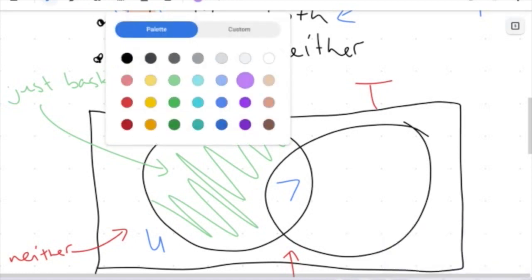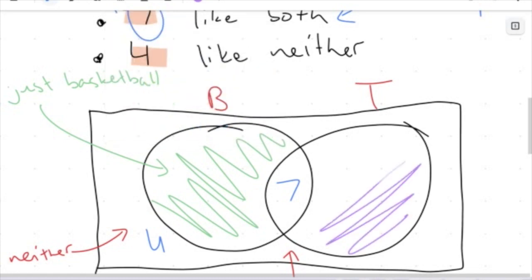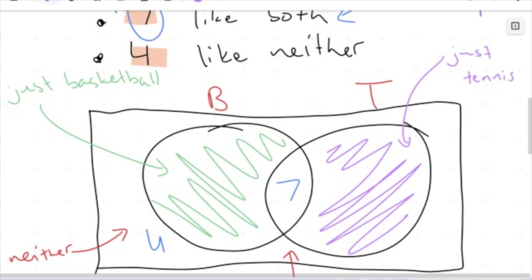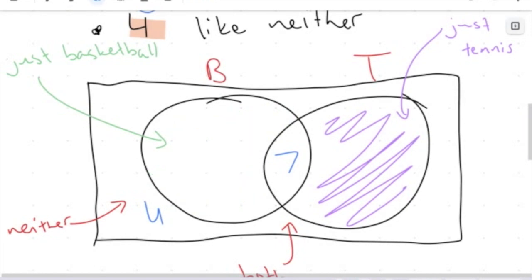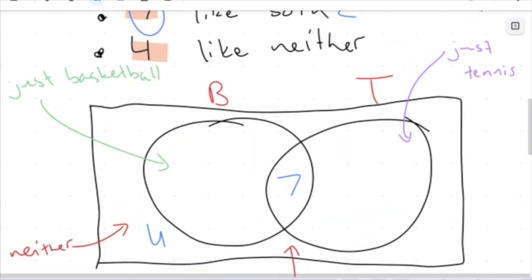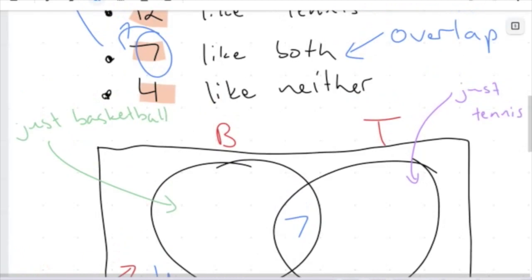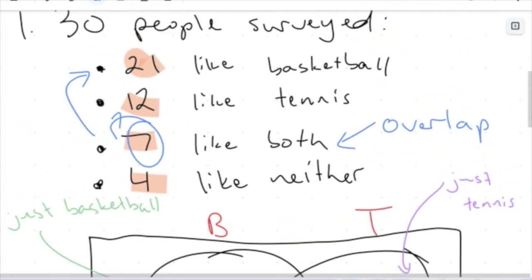Similarly, this section here is made up of people who just like tennis but not basketball. Only these 7 in the middle like both. They like tennis and basketball. So that means that if I wanted to find out how many people from the 21 in total that like